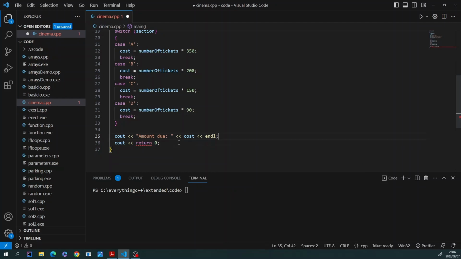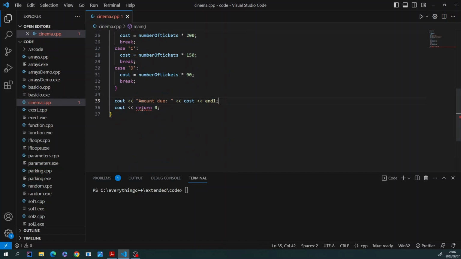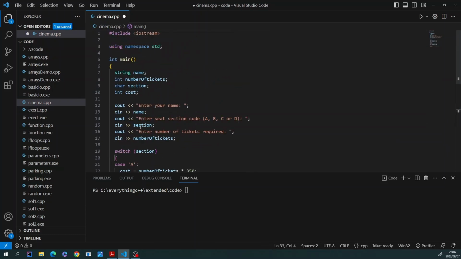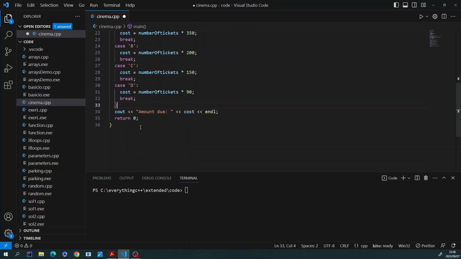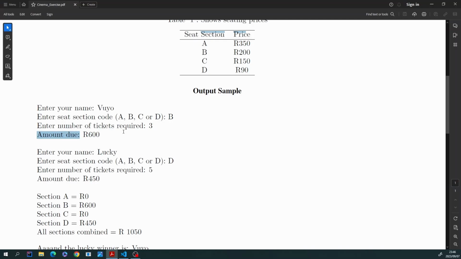Right, that looks good. It's complaining about what? See out return. What? Okay. So I've got the names, I've got the cost, I've got the sections, and then this part here should be